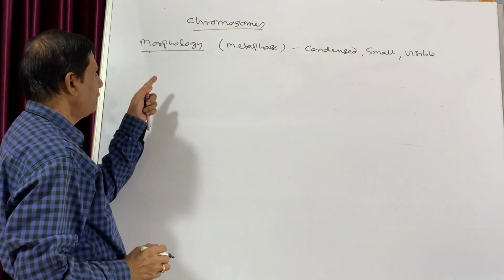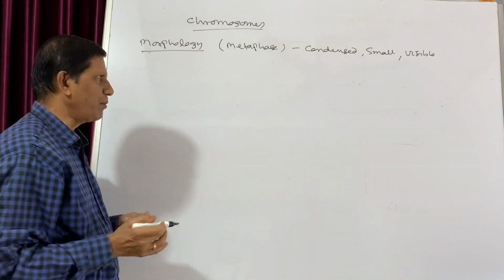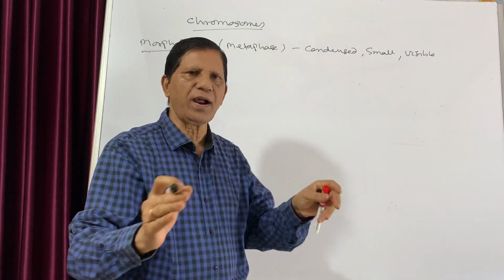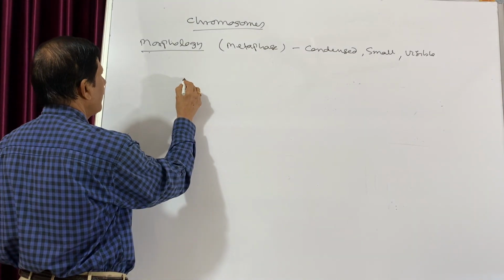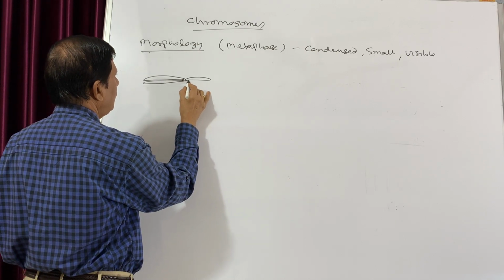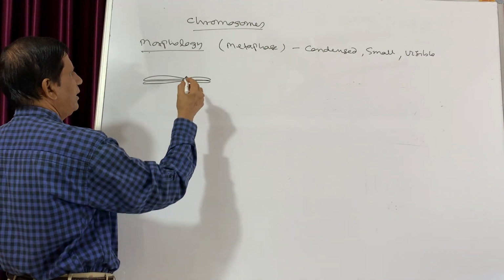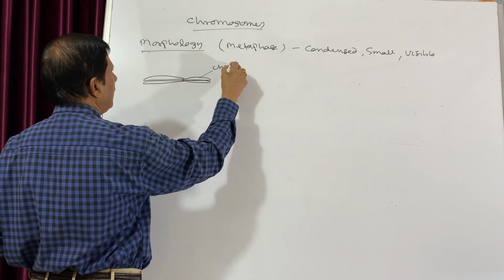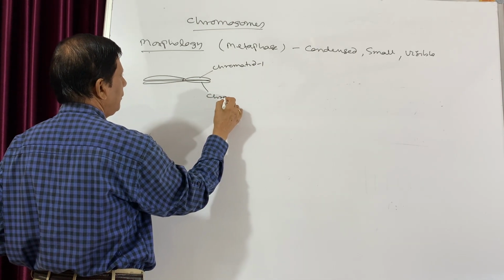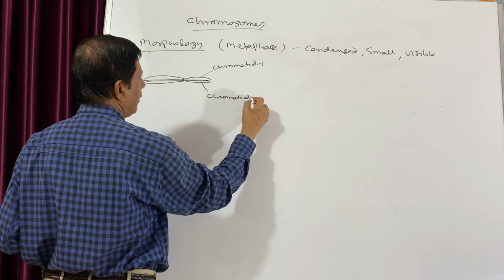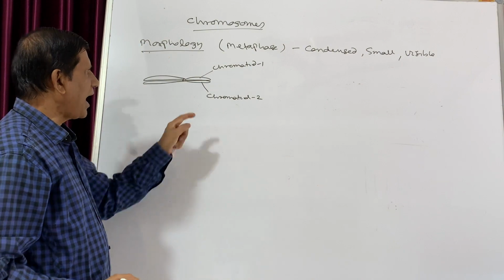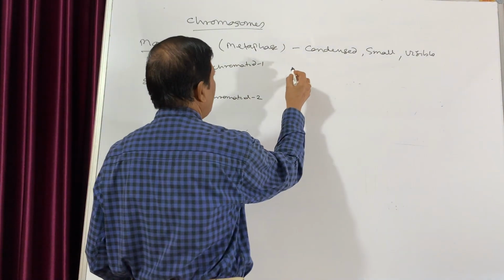Now, if we study the morphology of a chromosome, we will find that longitudinally each chromosome is split into two chromatids. This is one chromatid, chromatid number 1, and this is chromatid number 2. Longitudinally it consists of two chromatids, and these two chromatids are known as sister chromatids,